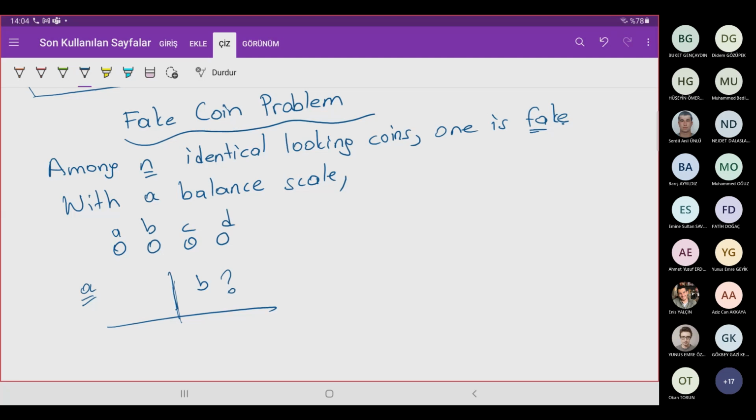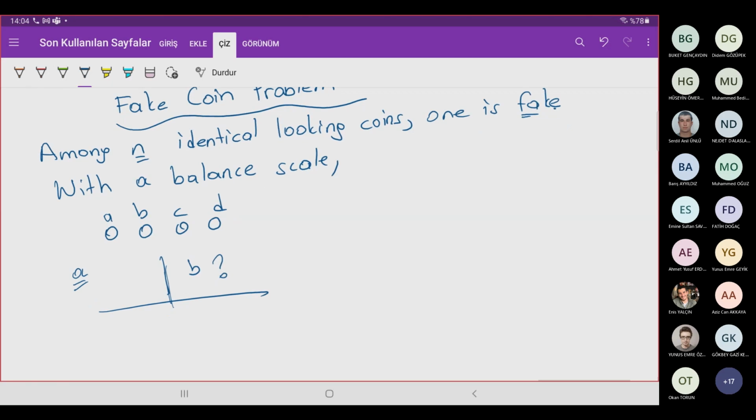But what if I don't want to do this? I want a more efficient approach. Can you think of something like binary search? The idea is similar to binary search, but